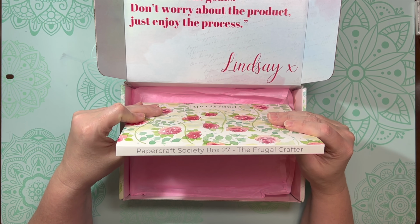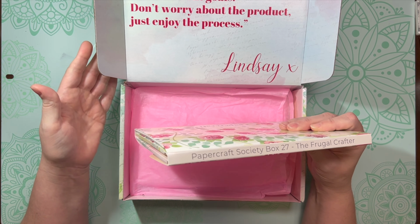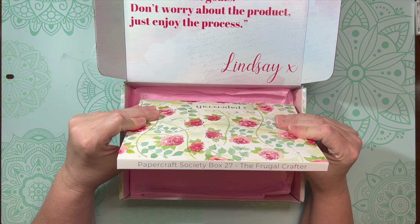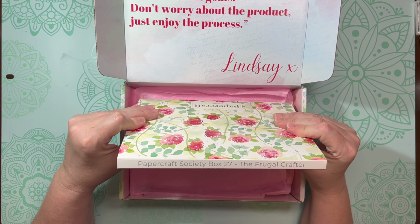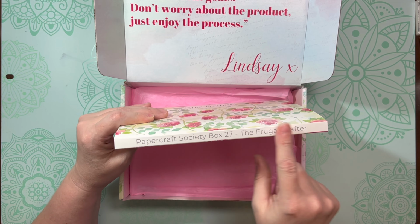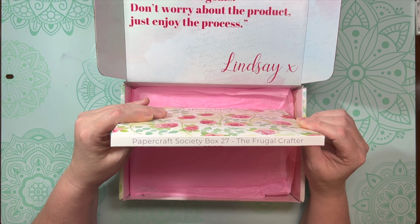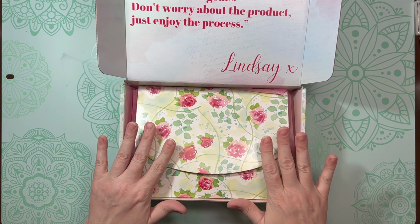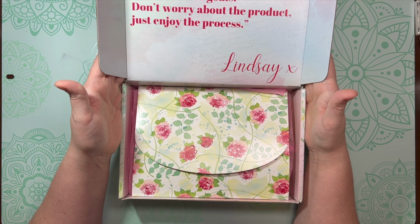I've still kept them in their boxes because I can't pass up an amazing box, and these are amazing boxes. So I don't know. We'll see what I do. I've got a storage issue here that I might have to address, and this could be how I address that, if this makes sense. But anyway, so you open it up, this beautiful box, this quote from Lindsay that says,